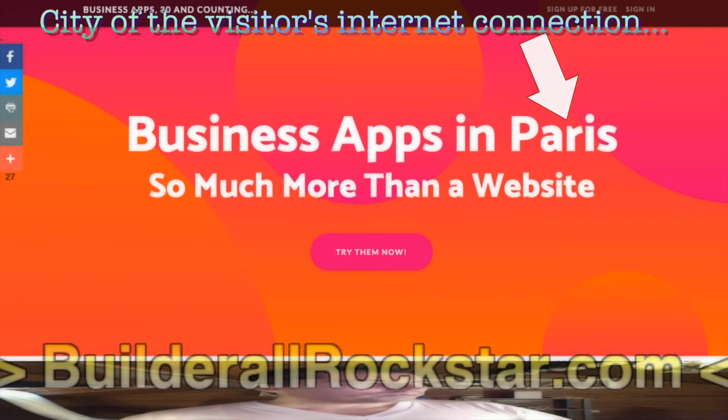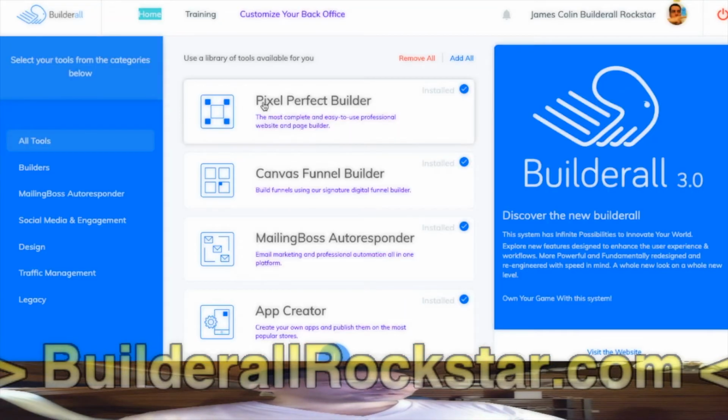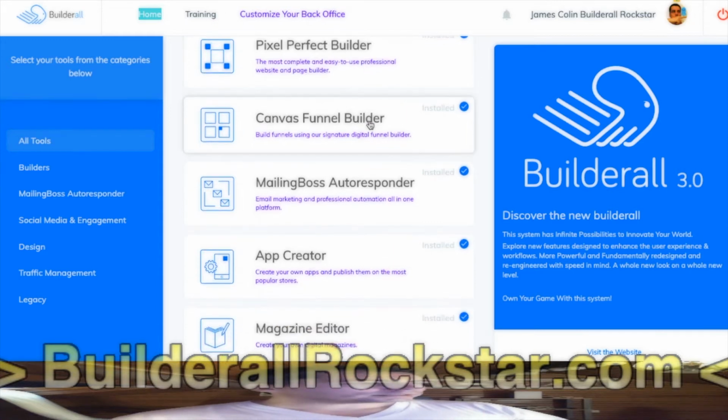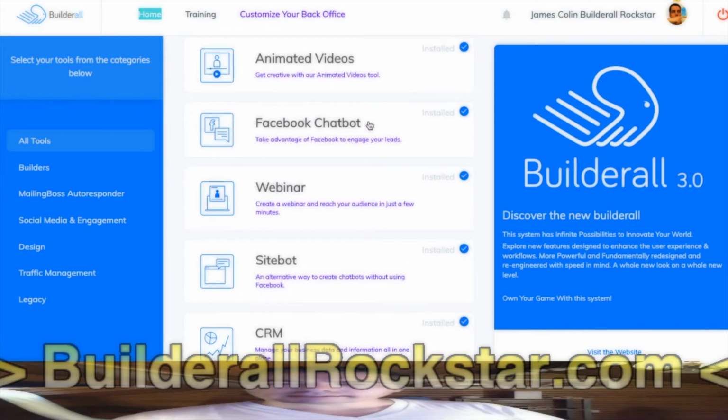So what I did, I took the tools, and each one is an app. I took the list of the tools, and for each one, I made a page. At the moment, there are 30 tools in Builderall, but there are some missing, so it will improve. We can say now over 30 tools.